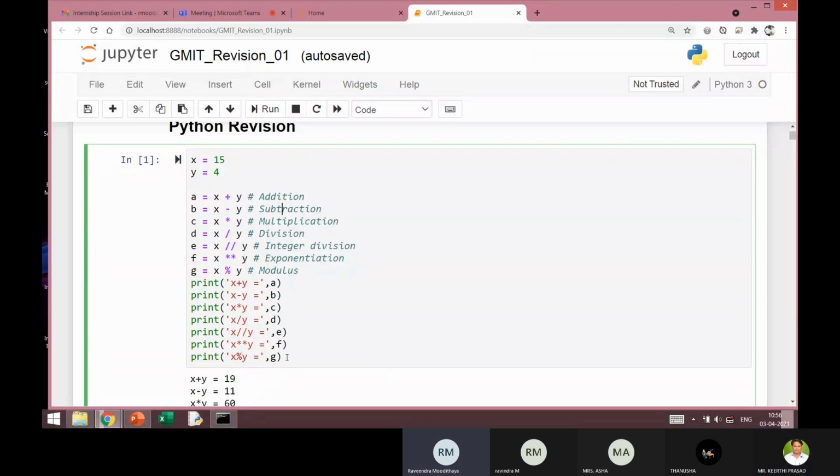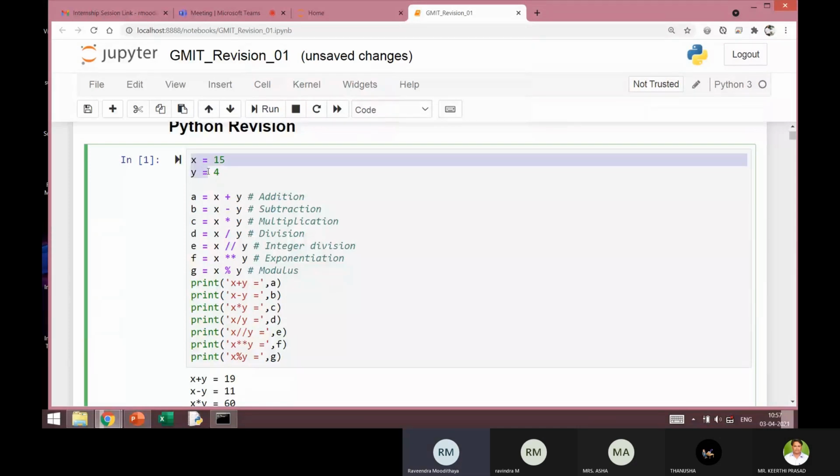Now, these are some simple expressions. Probably you would have already tried these things when you began with Python earlier. I have just initialized two variables. Now, as you already know, unlike in C or C++, we don't have to declare any variables here. So you just say x equal to 15, and based upon the way you have typed, it will understand that x is an integer variable and it is initialized with the value of 15. Now, suppose I write it as 15.0, then it will take it as a floating point variable. So what you assign here, that is most important. If I just write 15, it will take it as an integer.